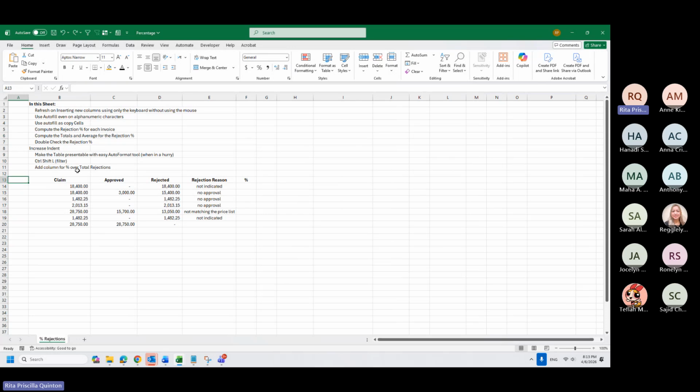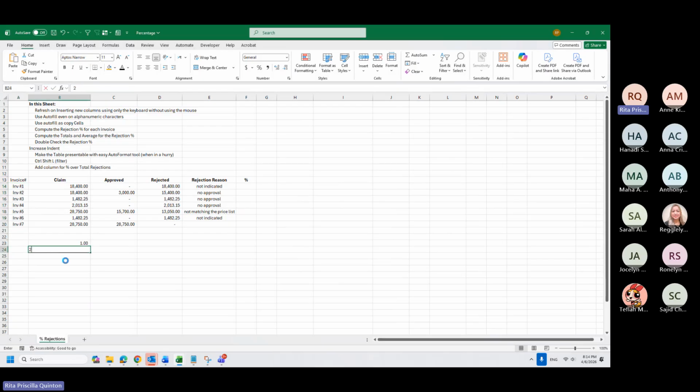Okay, so now this is just sample data. If we have the actual data, then it will be better. But just for purpose of these lessons, example, I have invoice number 1. Yesterday, I showed you also how to do the autofill. This autofill is not limited only to numbers.